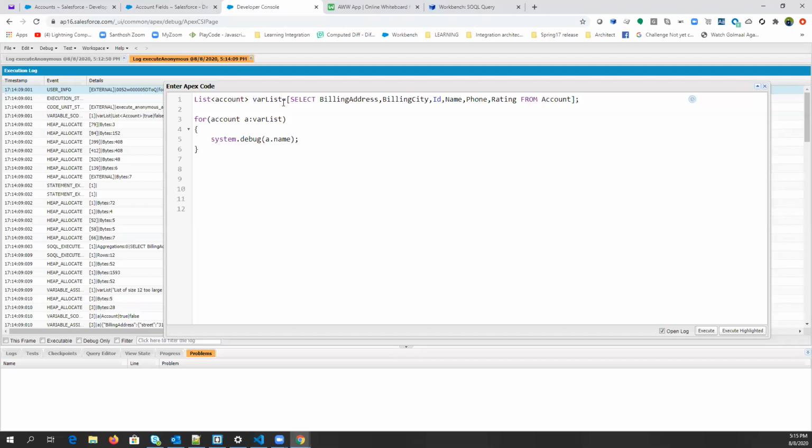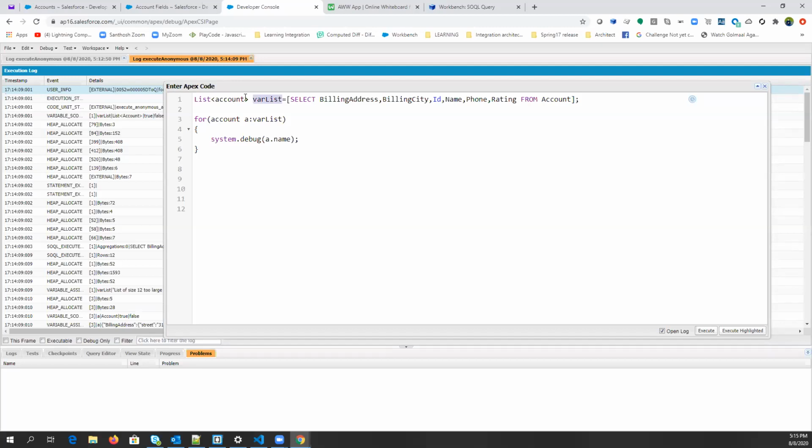So you can simply write this query directly in the loop. This particular query is returning a list. That is why we are able to assign it into a list. Am I right or wrong? The return type of this query is a list. That is why we are able to assign it directly into a list variable. Otherwise, it should throw an error.